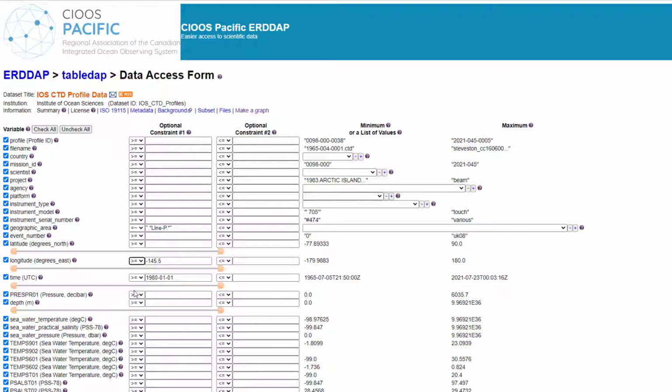In the constraint number 2 column, type negative 144.5, and ensure that the operator selected is less than or equal to. These values are negative because longitude for this dataset is positive for degrees east, as noted in the variable name. Similarly, to constrain the latitude, we're going to enter 49.5 in the constraint number 1 column and 50.5 in the constraint number 2 column.